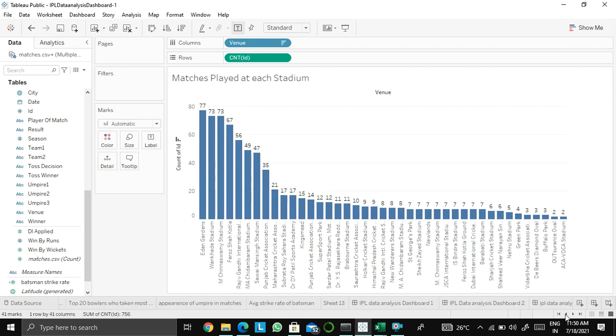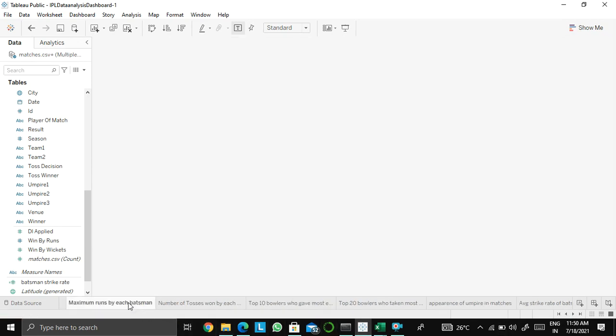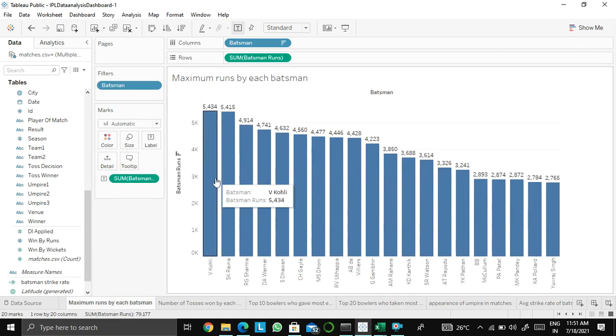And let me just explain one more thing here. Here you can see the maximum runs made by each batsman in the first 12 seasons. Virat Kohli has made 5,434 runs, followed by Suresh Raina with 5,415 runs. So these are the top players who made the most runs in these 12 seasons, from 2008 to 2019.